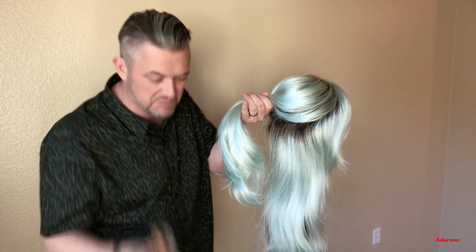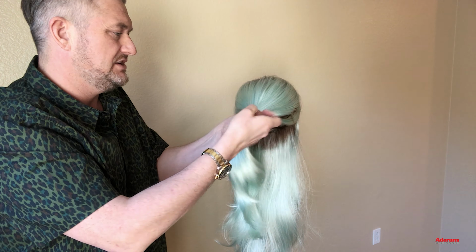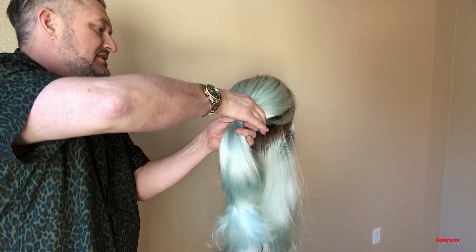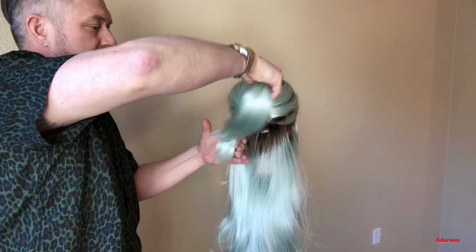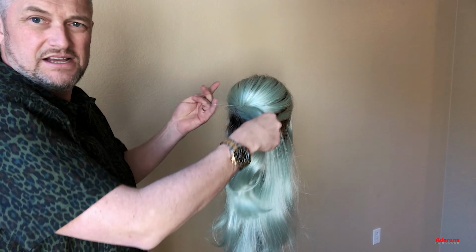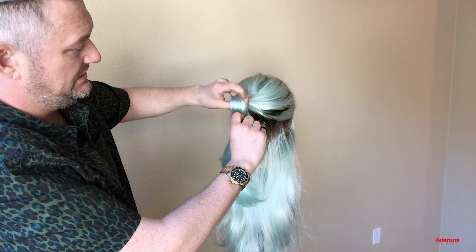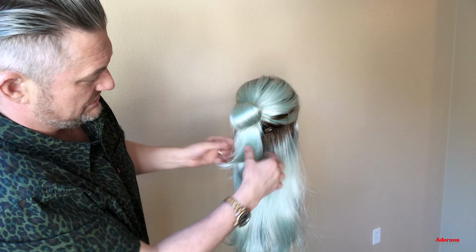So I've got my pony ready. That is going to be the amount of hair that I'm going to use. Now, this is proper hair elastic, so always best to use proper hair stuff. Now that one even matches the Seaglass-R. So I'm just going to put that in, and then I double that over. This is the trick now, ladies and gents. And then I push that so we have